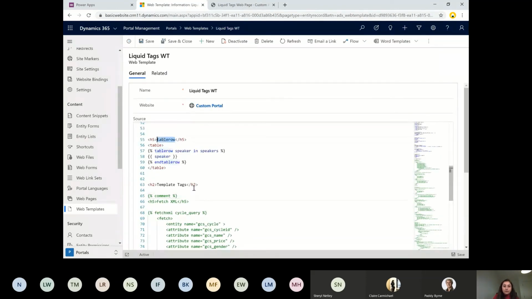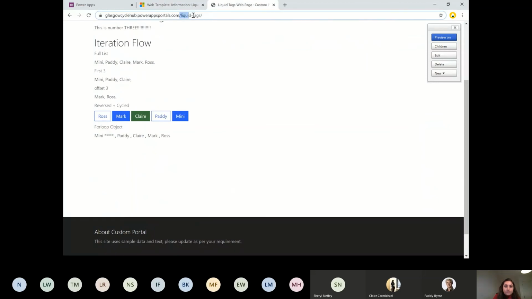So let's see the table row keyword. Table row keyword is more or less similar to the for. As you see, it just loops in and just shows. But how it shows, let's see that. So I'm here, and then let me just clear the cache.